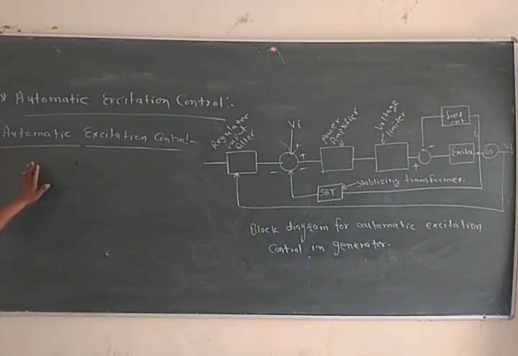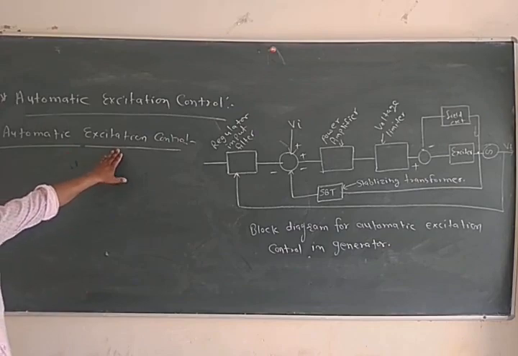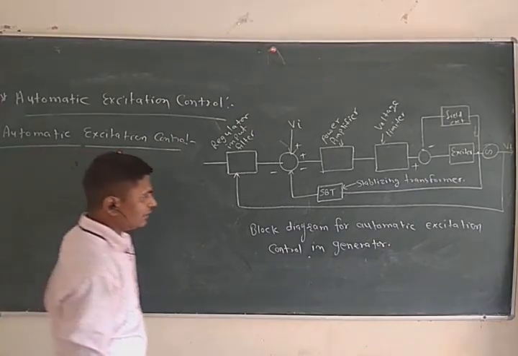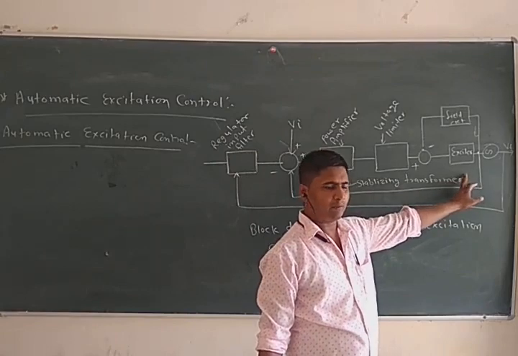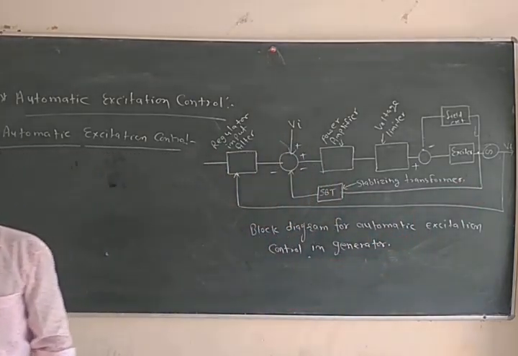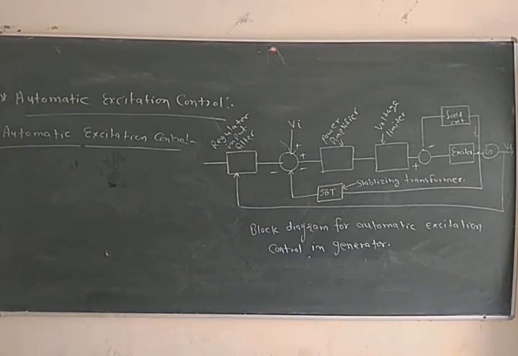So in this method, automatic excitation control, we control the excitation or field circuit automatically by using automatic excitation controllers, so that system voltage may remain within limit. Reactive power balance is maintained through an automatic control of excitation of the generators, and reactive power balance affects the bus voltage magnitude, as we know.